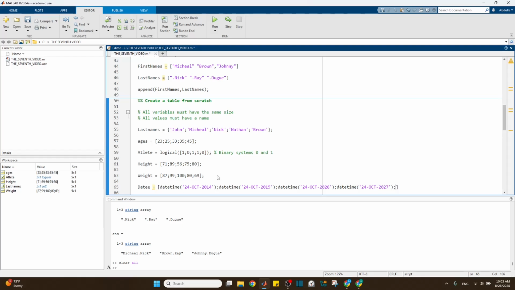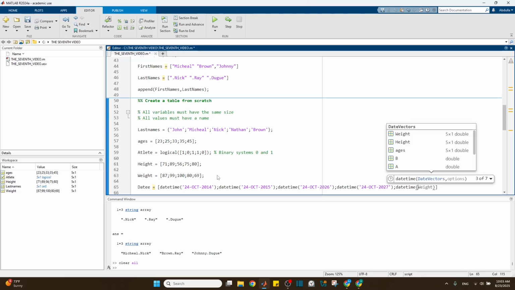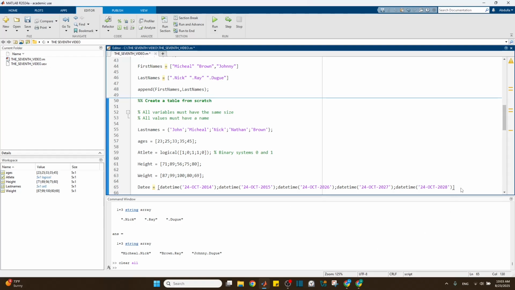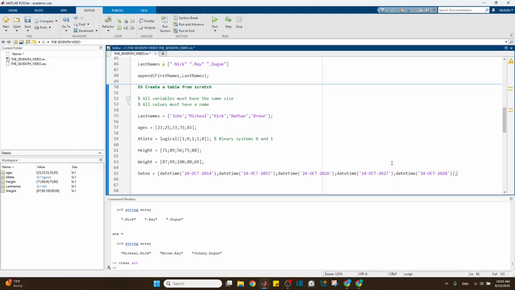Last one, because this is the fifth one, right? So date time, 24 October 2028. Please, all of you guys, make sure that you do apply this as we go, step by step, because